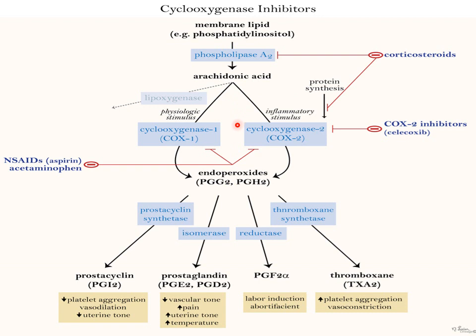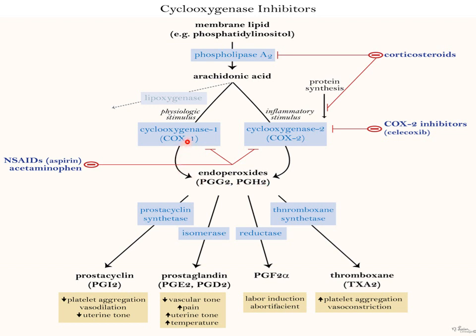So what happens? The arachidonic acid, in the presence of cyclooxygenase enzymes, is converted into endoperoxides, nothing but prostaglandins. Here PG indicates prostaglandins. What are the two prostaglandins synthesized? Prostaglandin G2 and prostaglandin H2. This conversion generally occurs in the presence of two types of cyclooxygenase enzymes. One is cyclooxygenase 1, simply known as COX-1, and the other is COX-2. By these two enzymes, the arachidonic acid is converted into prostaglandin G2 and prostaglandin H2.